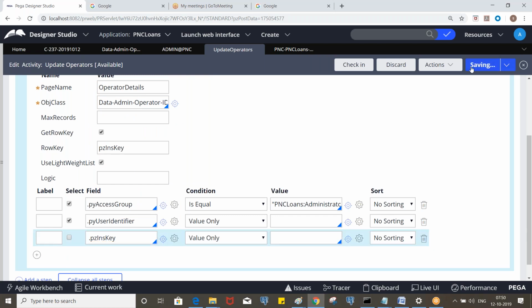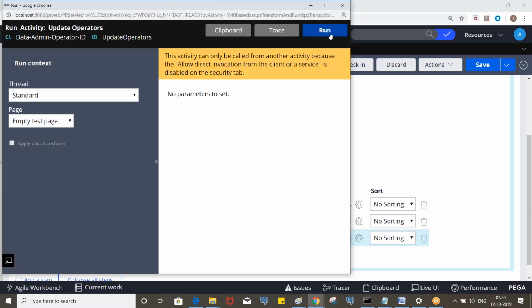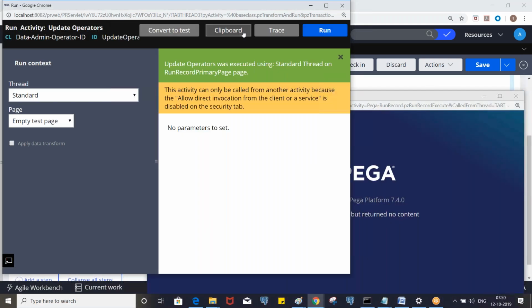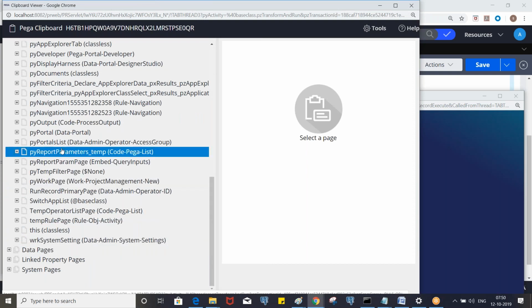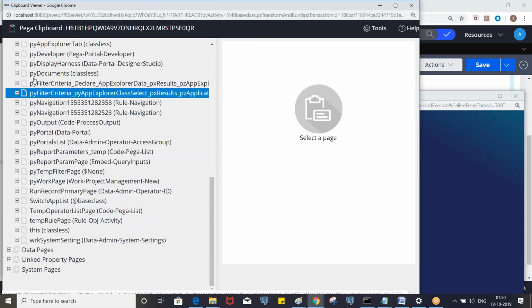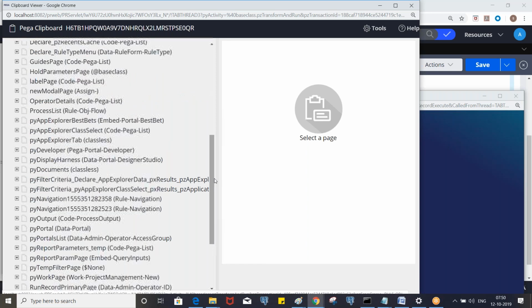Okay, so now let's execute it. Go to the clipboard. What is the page? Operator details.